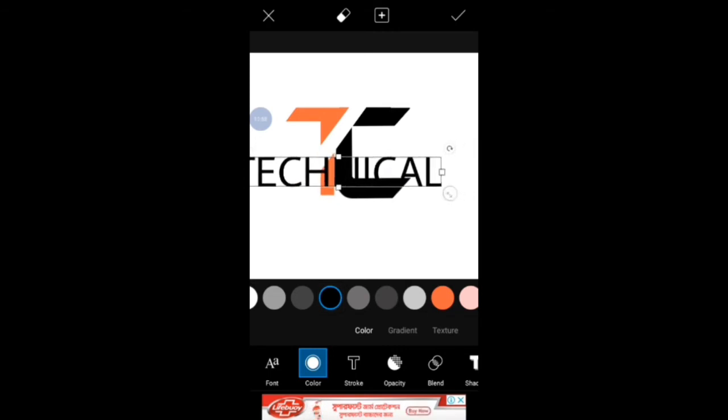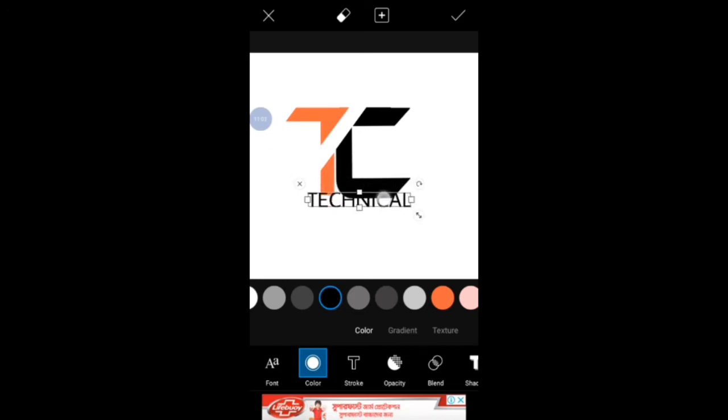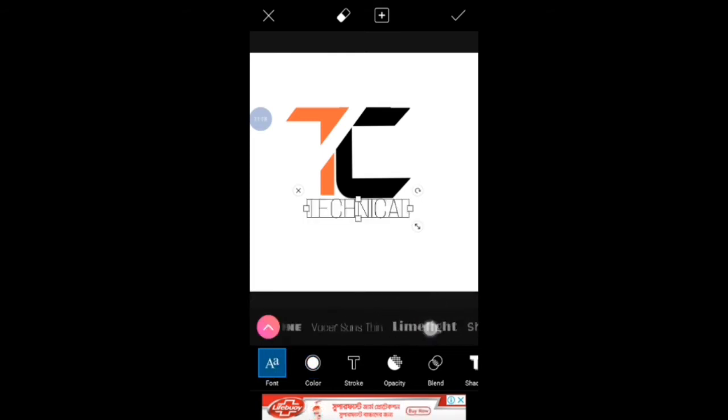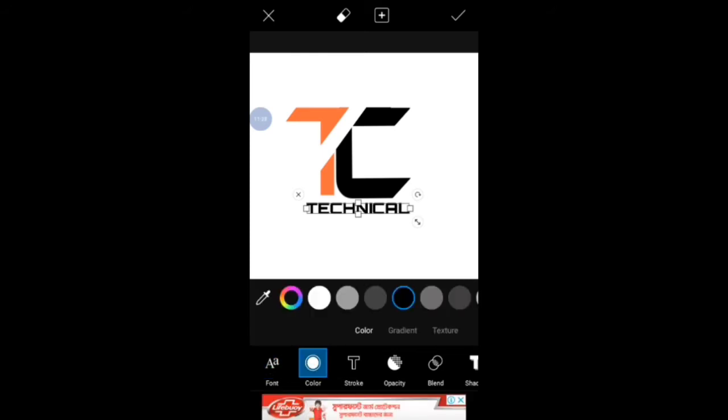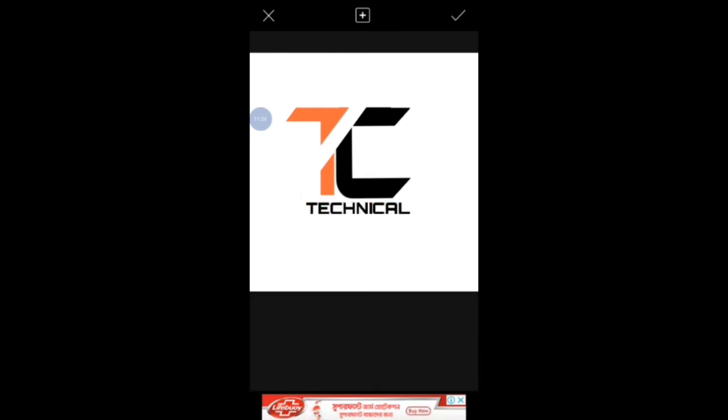I think black will be better. Then choose the font, and then I think the font color may be orange or red. No, I think the black was the better one. Yeah. Then press on the sign